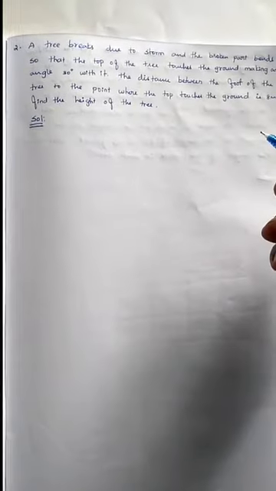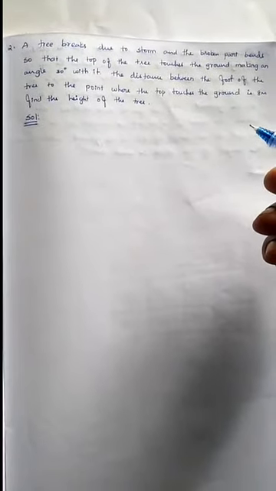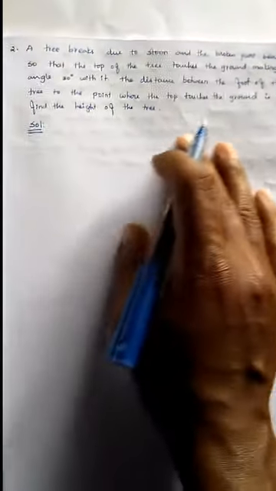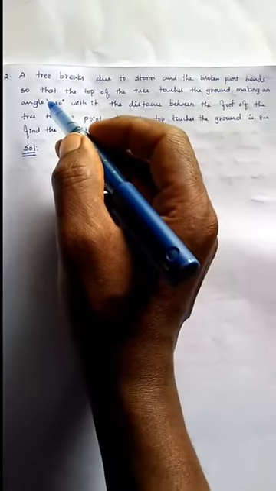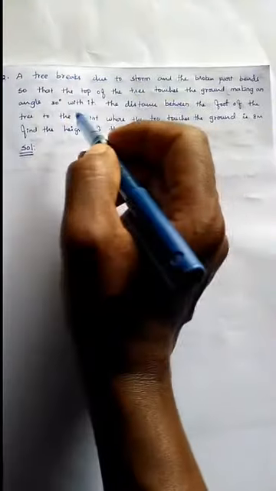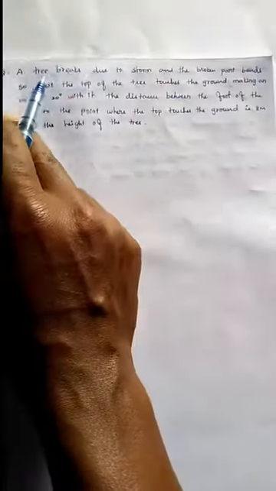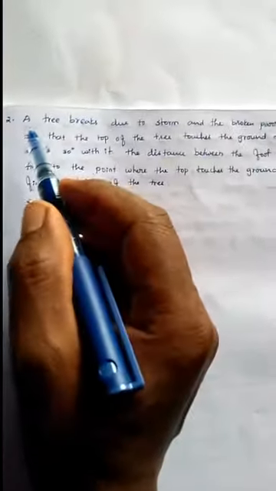So already in video 1 and video 2 we uploaded the introduction part and exercise 9.1 first question. So let's get into the second question here. Let's read the question and we have to convert this word problem into the diagram. After that we can solve the problem. So read the question here.